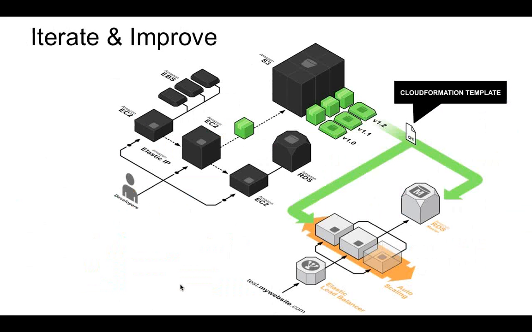And then, based on the learnings, the insights from the data analytics from your logs, you want to iterate your solution and improve it. So here on the left, in the black, you have your development, testing, integration environment with continuous integration. That is producing new versions of your service. Stored in S3, you have version 1, 1.1, 1.2. To test these, you can, for example, use CloudFormation to just spin up new complete solutions based on your new versions. And then you can execute tests, and you can put them into production using infrastructure as code best practices.